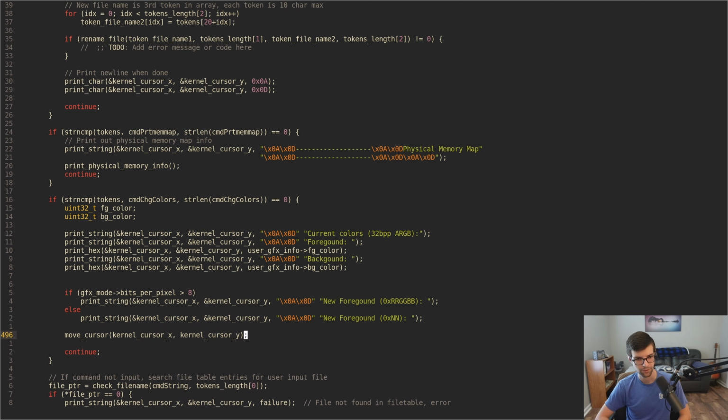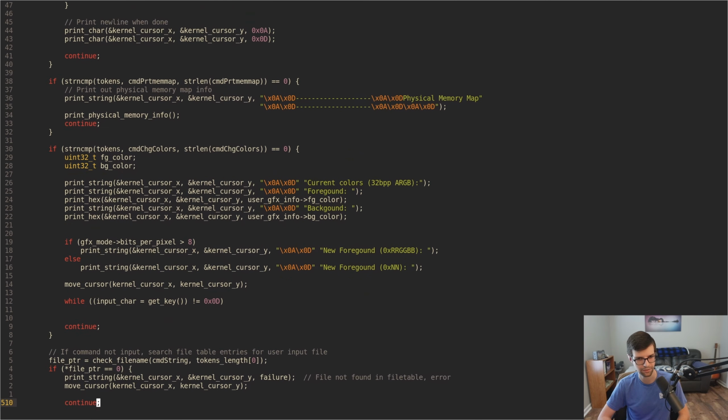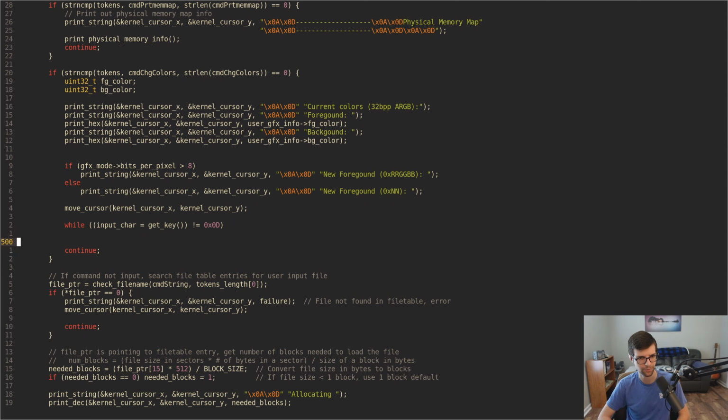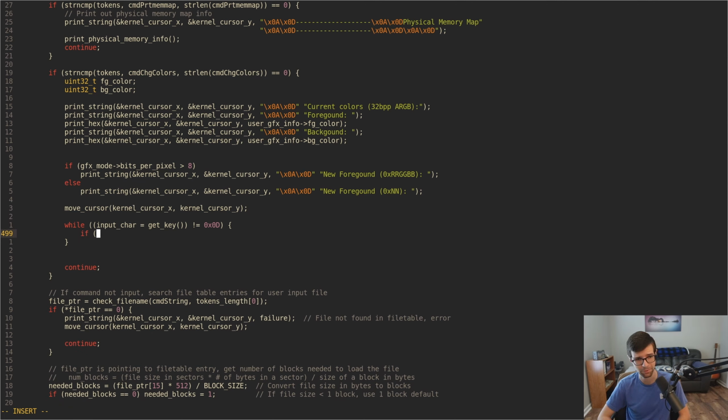Kernel cursor X and Y. So what I'm going to do is get input from the user. So while input character equals get key, while that is not equal to the enter key, which would be 0D, which I probably should make a define and not have it be a magic number here, that's okay. So while we're not at a carriage return, while they haven't hit enter yet, they're going to be putting in,